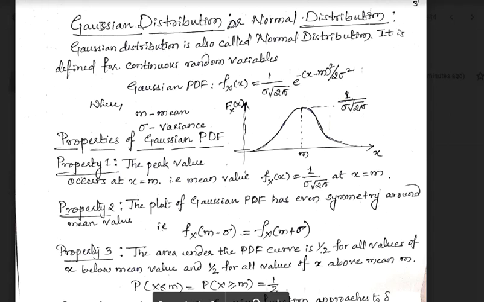The next type of distribution is Gaussian distribution or normal distribution. Gaussian distribution is referred to as the normal distribution, and it is usually defined for continuous random variables. So the Gaussian PDF is given by f_X(x) = 1 divided by sigma root of 2 pi, e to the power minus (x minus m) the whole square divided by 2 sigma square, where m represents the mean and sigma